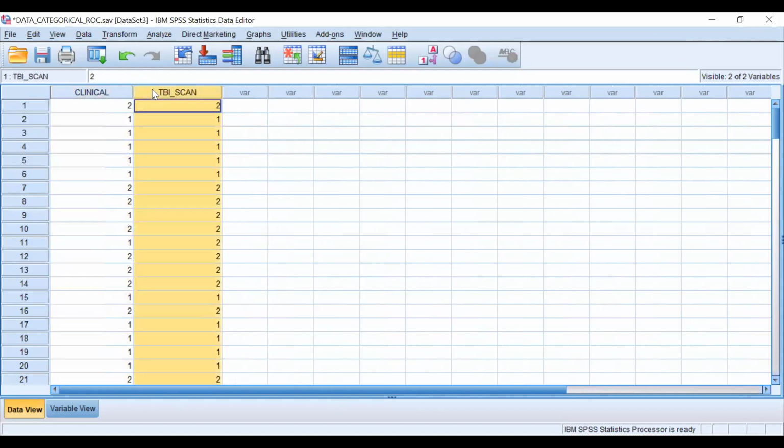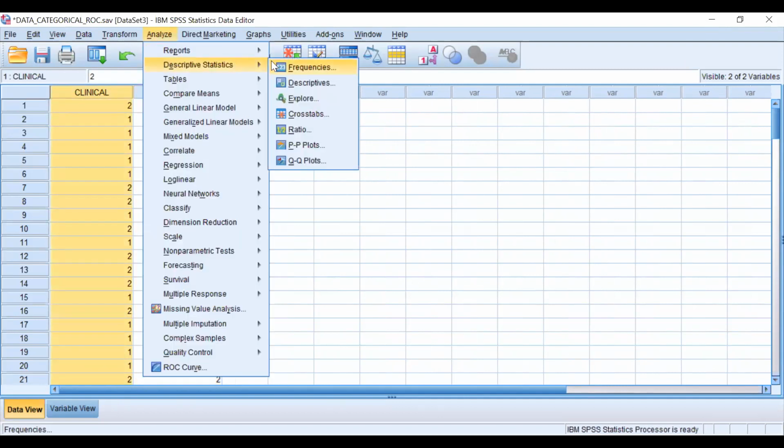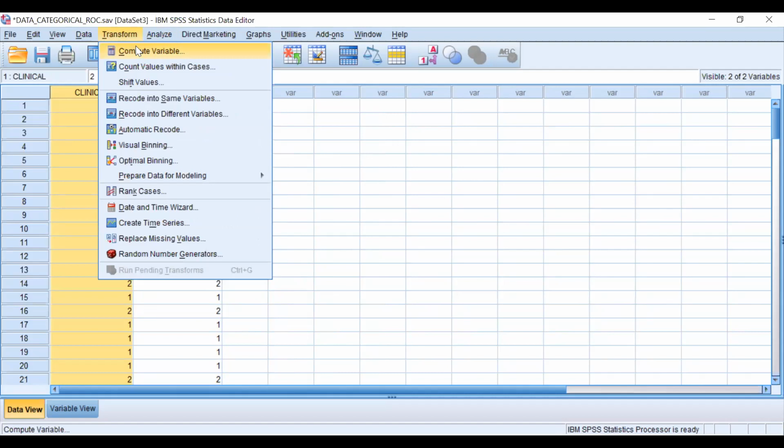These are the two tests for clinical assessment of some kind of brain injury, and the TBI scan is another diagnostic test. So we want to compare the clinical and TBI scan results for head injury.